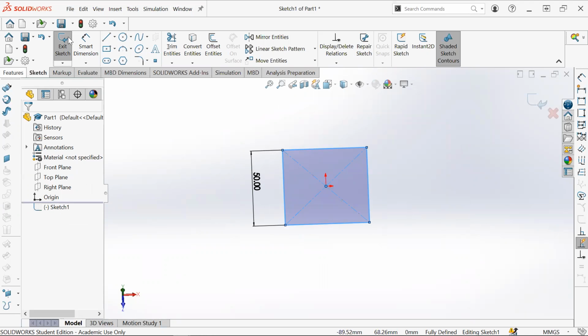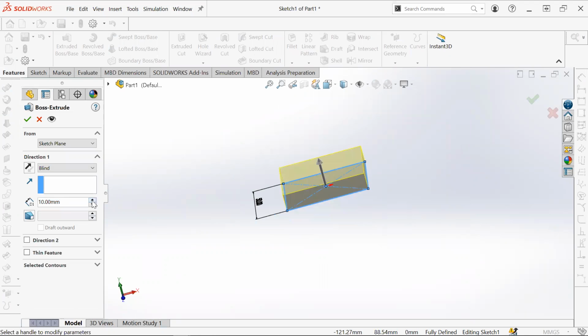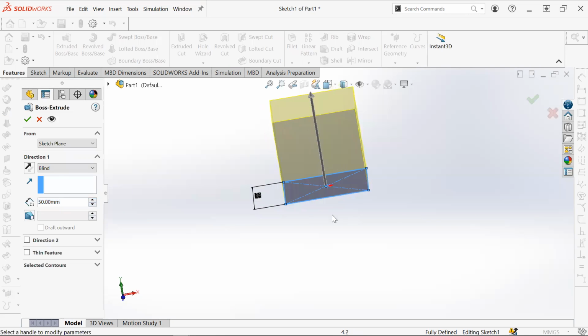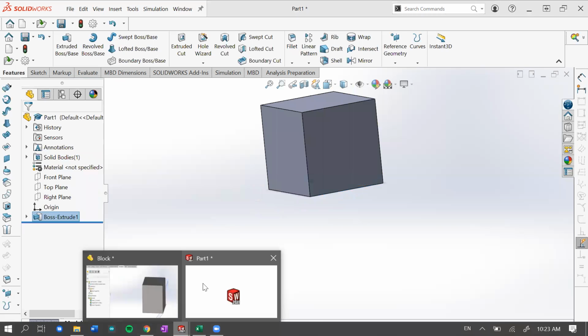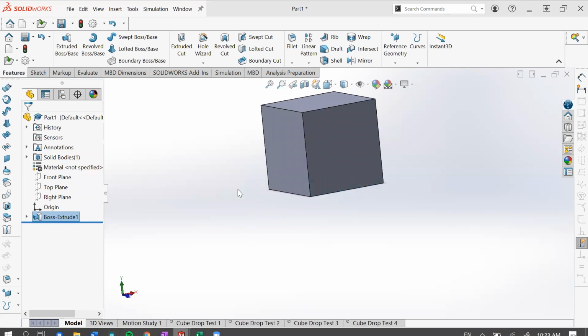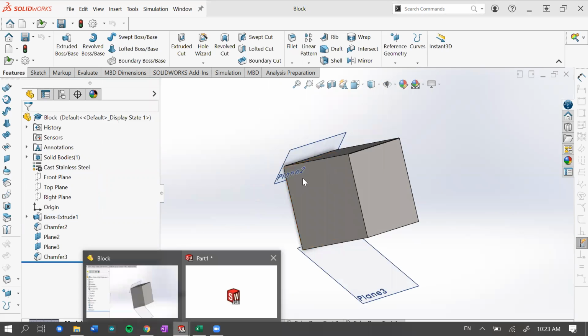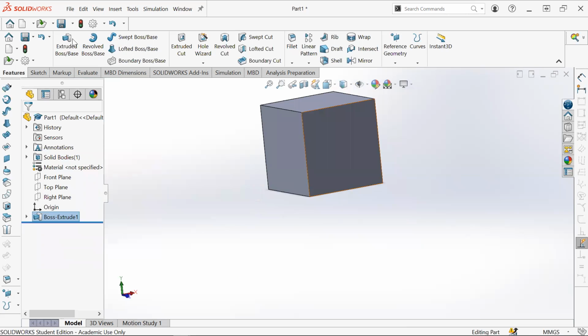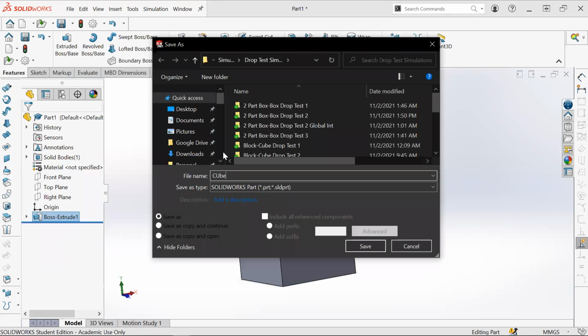Okay, we can just feature, extrude that. Let's make it into a perfect 50-50 cube. Actually, let's do cube, yeah. So I already named my other cube block. So in this case, we can just name our new cube. Very intuitive, I know. So let's do cube, save in my drop test simulation